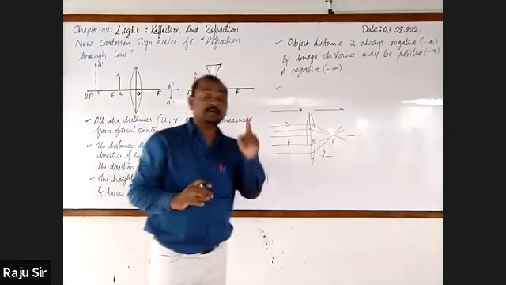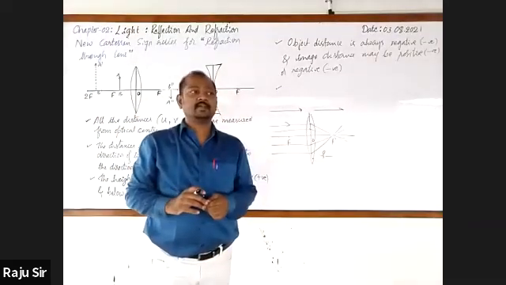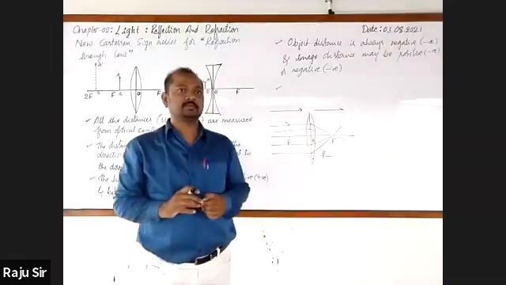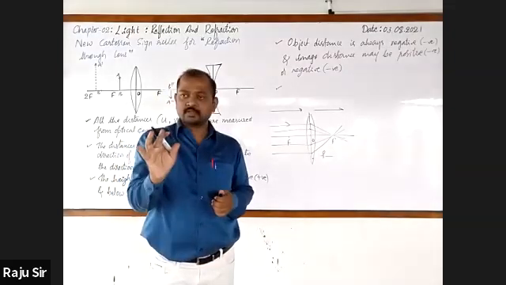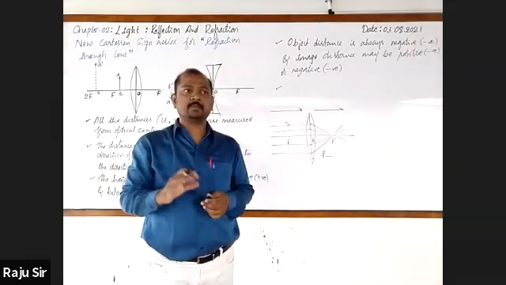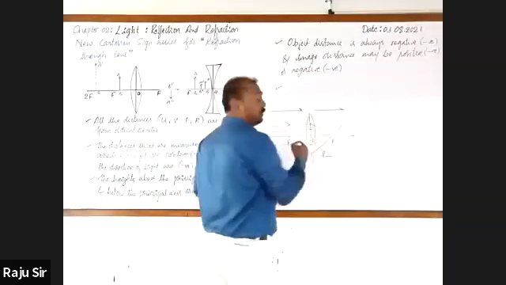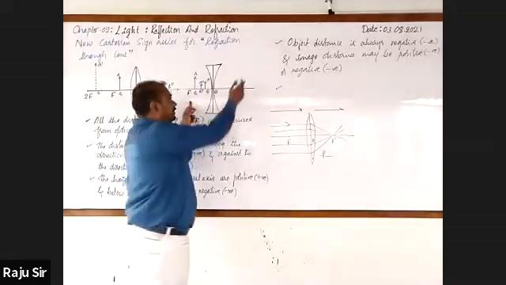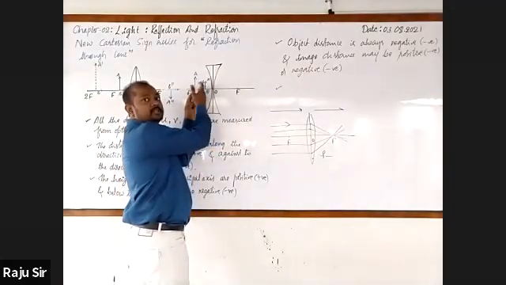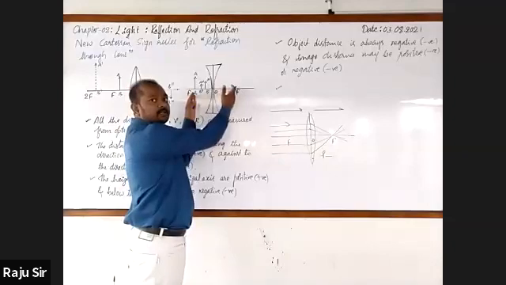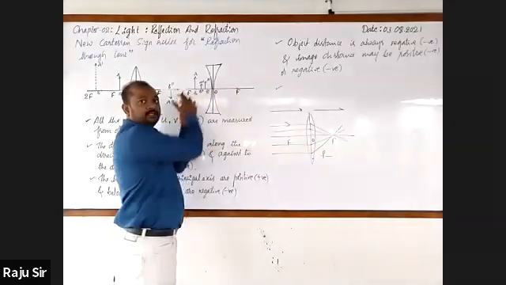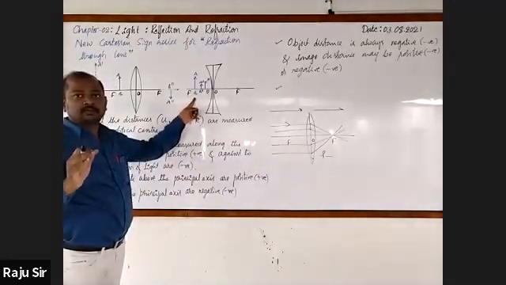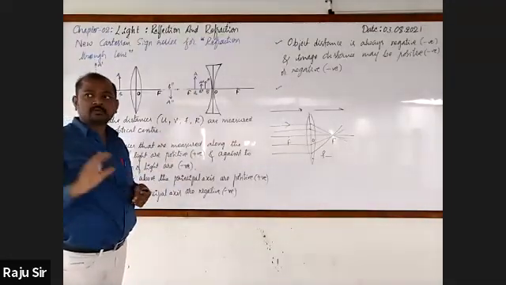Even in mirrors, the focal length of the convex mirror is positive. Common similarity, you have to remember. What about the focal length of the concave? It is negative. The diverging point will be on the same side as the object, so we take the distance in the direction opposite to the light. Hence, the focal length of the concave is negative. Followed?